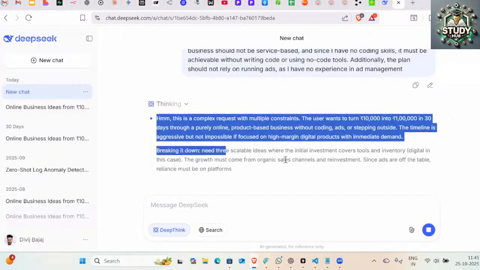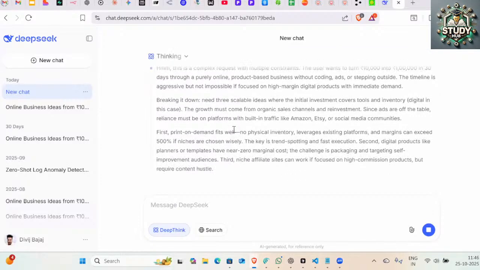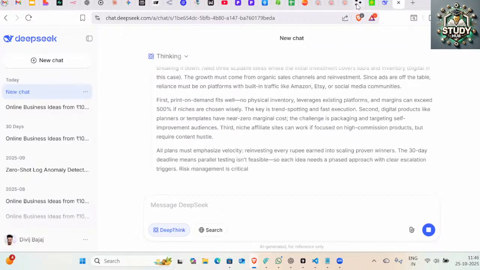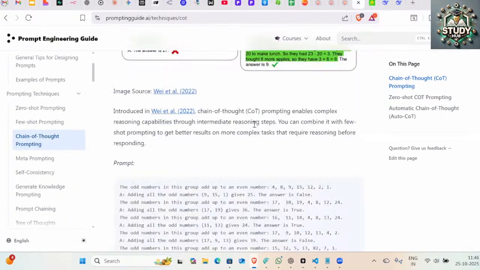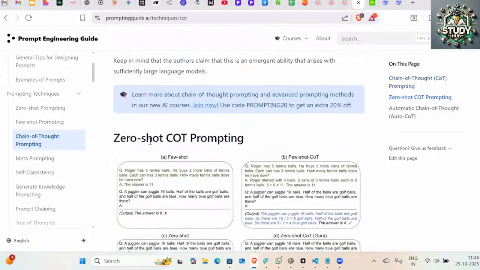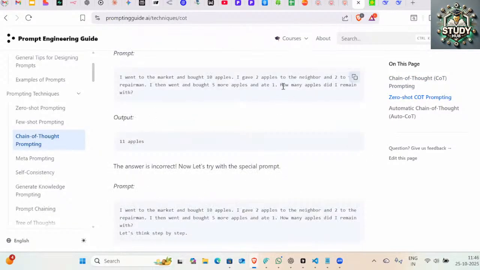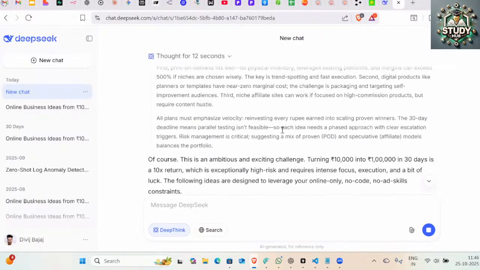And when you invoke the thinking stage, right? The model is breaking down your task into different small buckets, which, by the way, is nothing but your chain of thought, right? This is the same as chain of thought, breaking down your complex task into different steps. And these steps are nothing but your chains, right? That is where you call it chain of thought. And by default, all the reasoning models have this chain of thought, right?